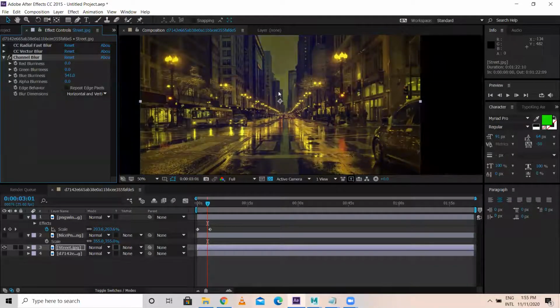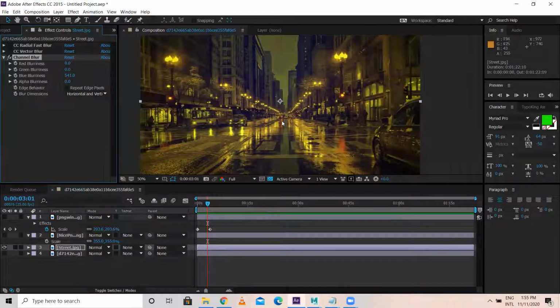See, I'm blurring only the blue channel. See the entire output, how does it look? Means in the entire scene, wherever blue tint is there, blue area is there. See, normally the combination of red, blue, and green gives all this colorful effect. So if you're blurring too much, that's nothing but you are removing that element, that color. So if you're removing blue from here, how does this look? That's the output.